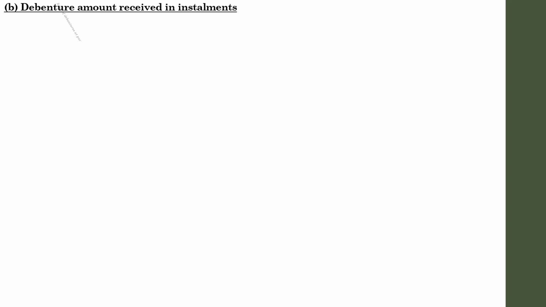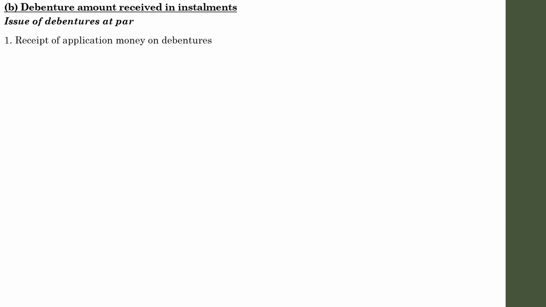Accounting entries for issue of debentures for cash are quite similar to those of the issue of shares. Here the names of the accounts will be changed to debenture application account, debenture allotment account, debenture call account, etc. Instead of share capital accounts, we have debenture accounts. That is the only difference while passing journal entries with regard to issue of debentures. Debentures may be issued at par, at premium, or at discount. So let us discuss each of these cases. Issue of debentures at par.